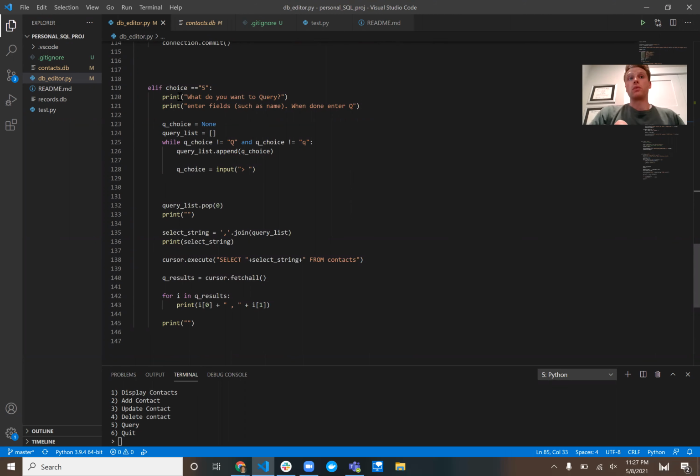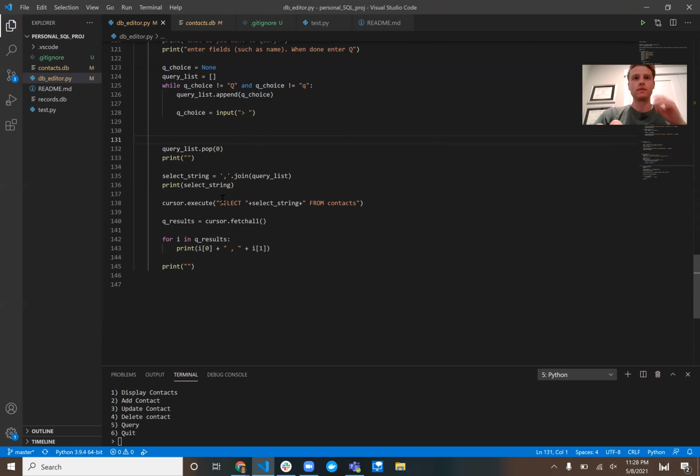Depending on what they wanted to query, they could just enter, initializing this loop right here. And then they can click Q once they've entered all the things that they want. And it'll just add things to the list as we go through it. So if they put in phone, then it'll be saved into here, and that'll be added to the list right here. And then I'll just print the list and pop off the first, because the first time through the loop it adds something. So I'll take that off and then